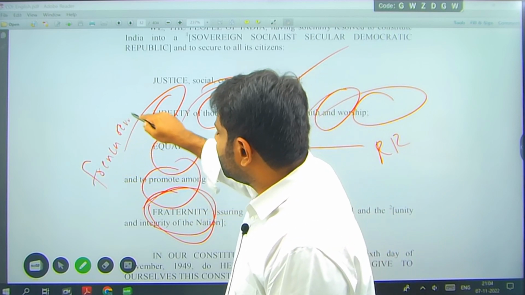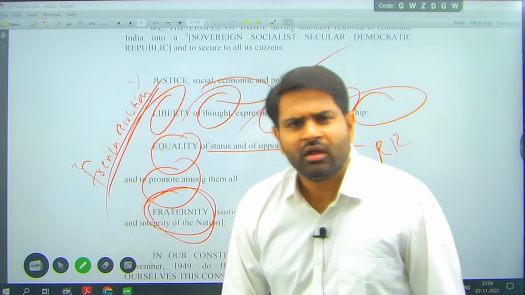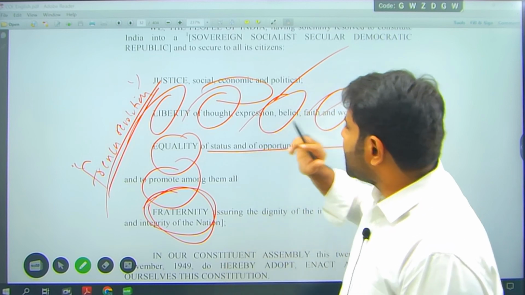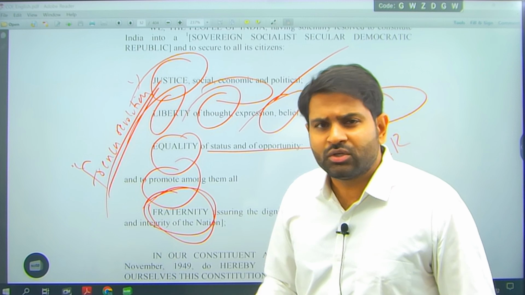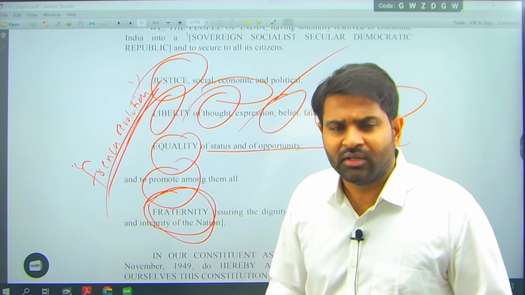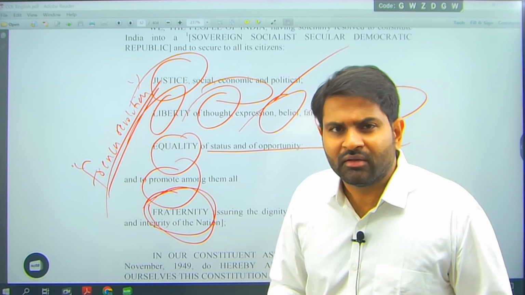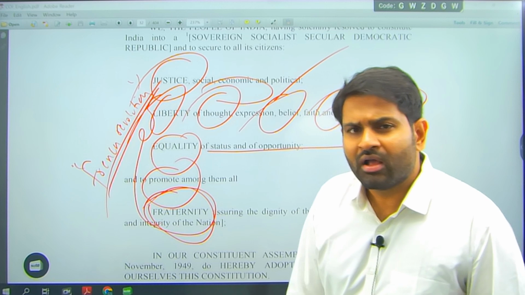When you don't know world history, you don't know Indian history. When you don't know Indian history, you don't know the Indian Constitution. When you don't know the Indian Constitution, you don't know anything about India. Similarly, when I talk about justice, I am talking about the Russian Revolution. When I am talking about justice, you should see Karl Marx in me. You should see the Russian Revolution in me. You should be able to see Lenin in me. Able to understand? The same way, liberty, equality, fraternity are the principles of the French Revolution.